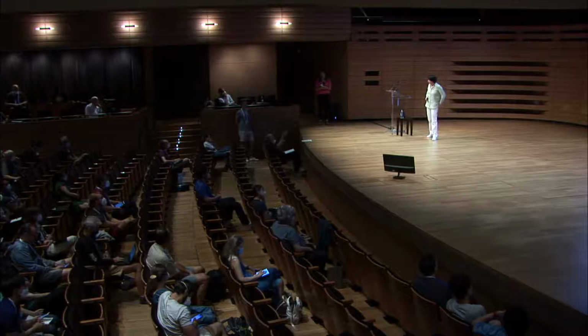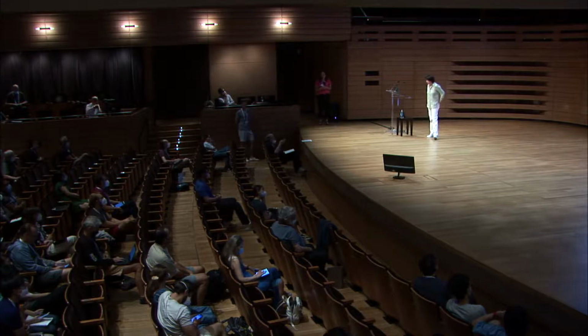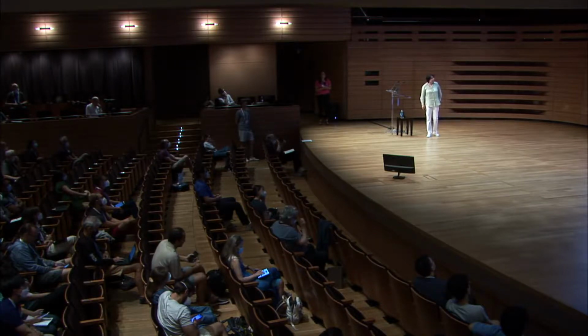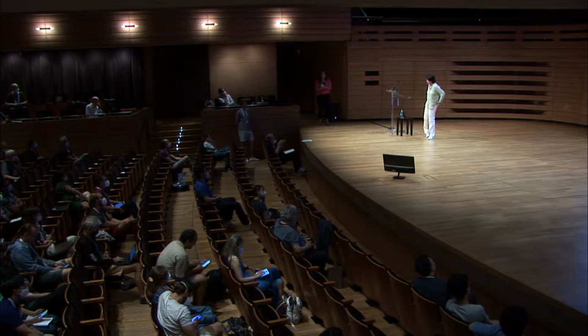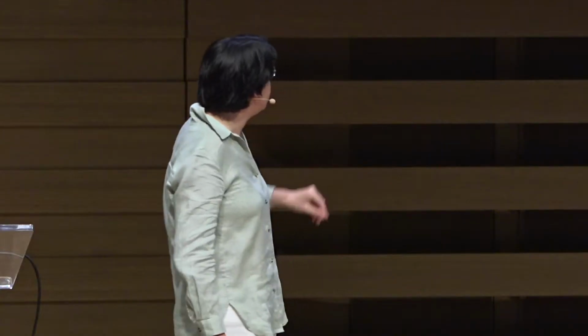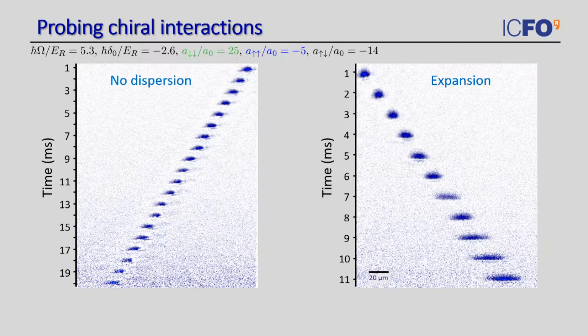Now, when I look at the left one, the one with no dispersion, it looks like there's also something else going on, actually even more than what I see in the right, where everything looks relatively smooth. So I'm wondering, is that just the extra transverse dynamics? What we have in this experiment is mostly particle loss, because there is photon scattering from the Raman beams, and there are also three-body losses, and this reduces the atom number. This reduction in atom number, because of the three-body loss, is bigger when we go to the attractive regime than when we go to the repulsive regime.